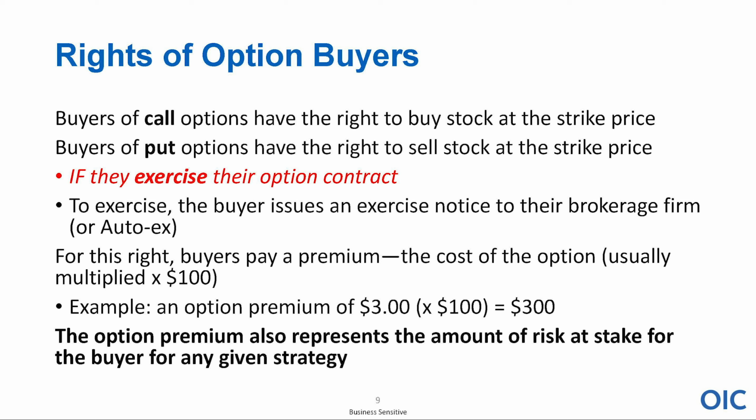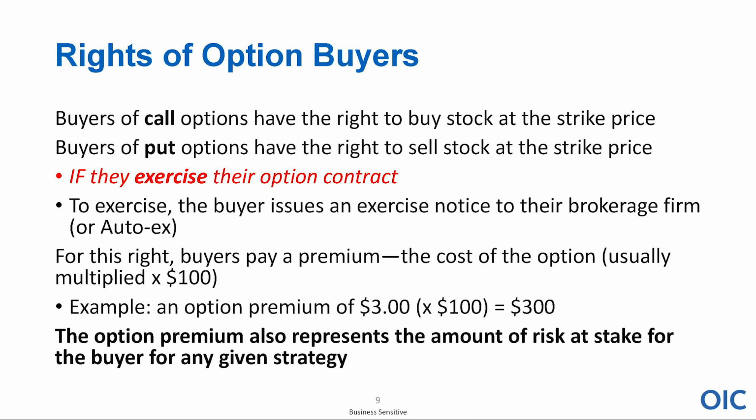And remember I said that each contract usually represents 100 shares of the underlying stock. So when you go to your broker's website and you see a particular option trading at $3, it is trading at $3 per share. The option contract is worth 100 shares of the underlying stock. So if you were to buy that option, you would pay $300. Now what do you have? You have the right to buy the underlying shares at that particular price, the strike price we talked about, anytime between now and expiration Friday.